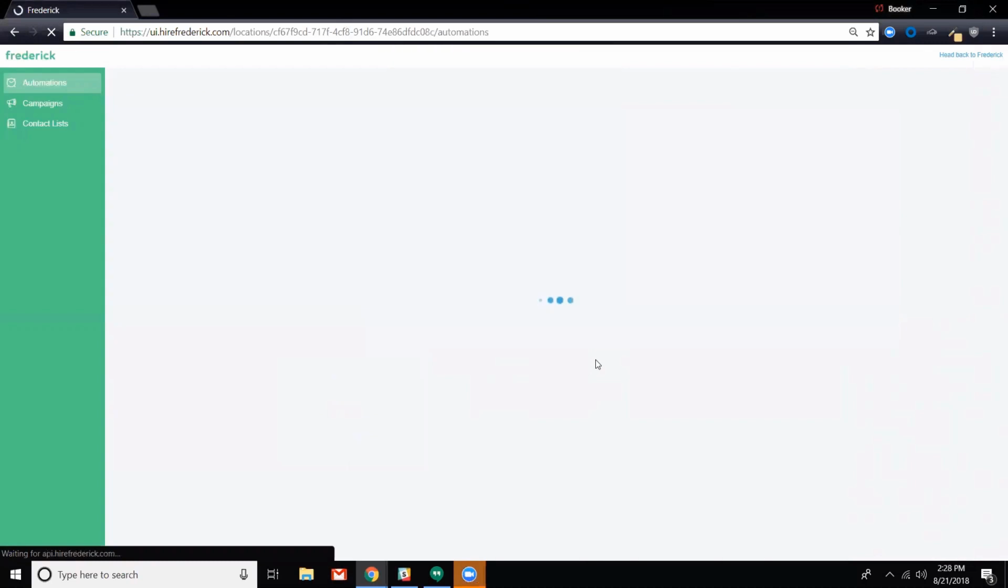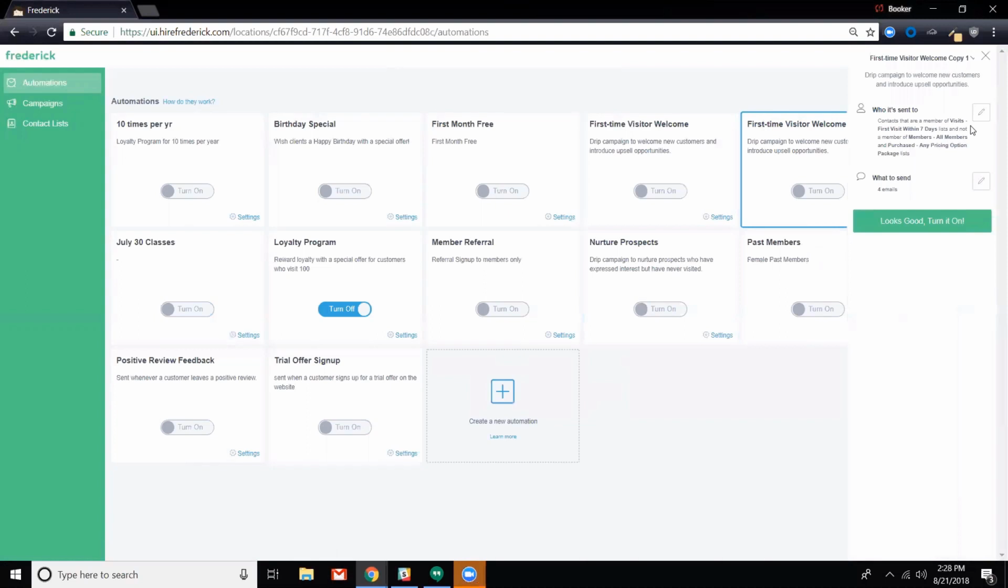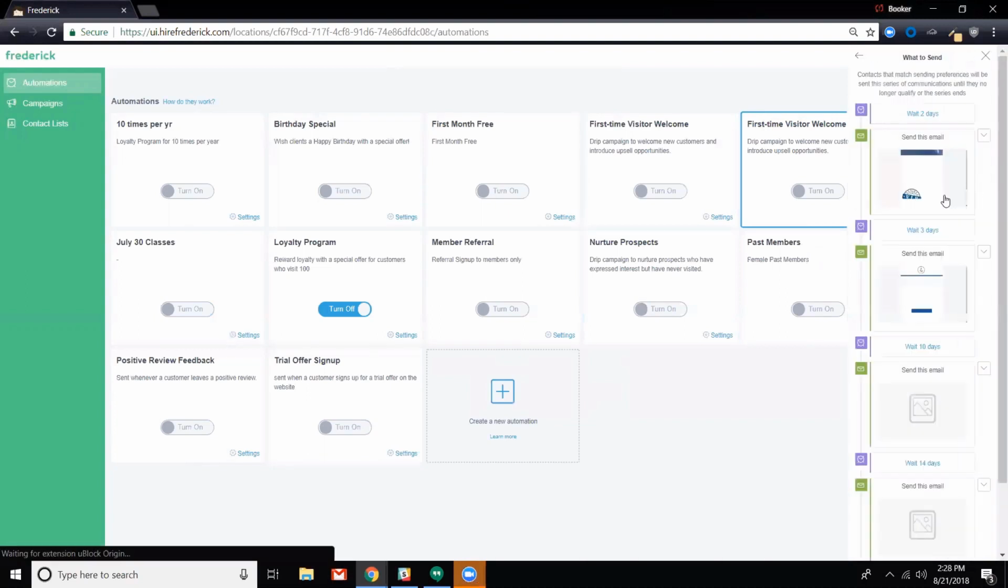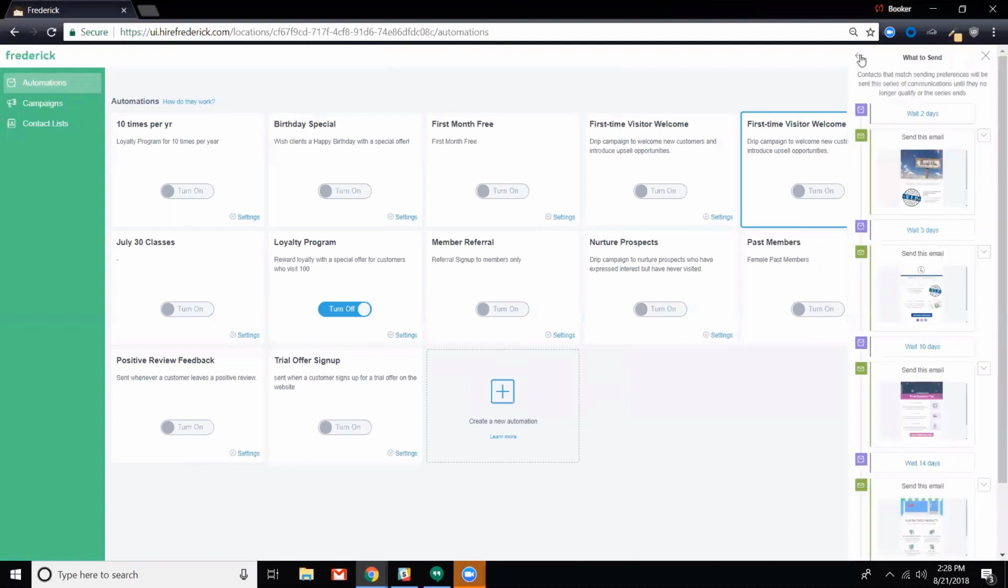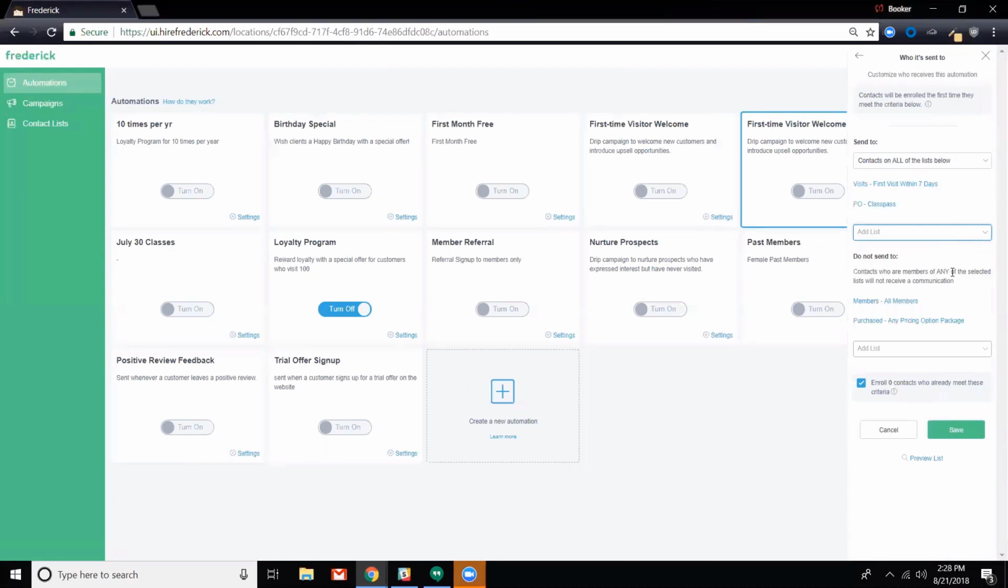And if I were to refresh my screen, you'll see that it'll say first-time visitor copy 1, and most of the work is already done, and you can make the minor tweaks as needed. From here, edit any lists. You can add additional items. So if I were to say pricing option ClassPass, so I specifically am looking for first-time visitors who purchased ClassPass